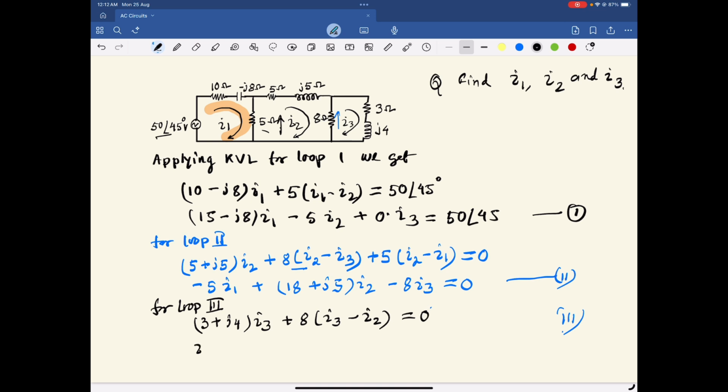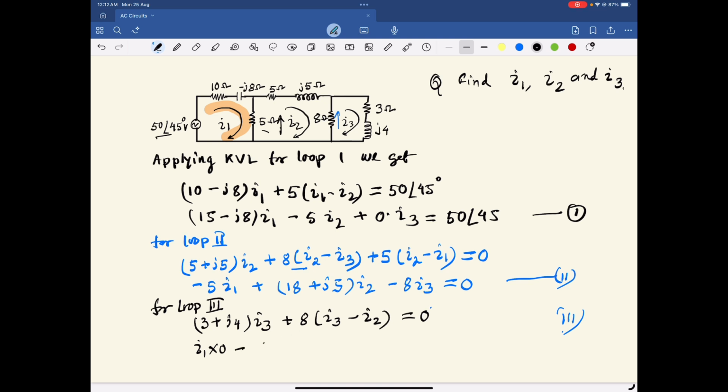So I1 into 0, plus the minus I2. So this is